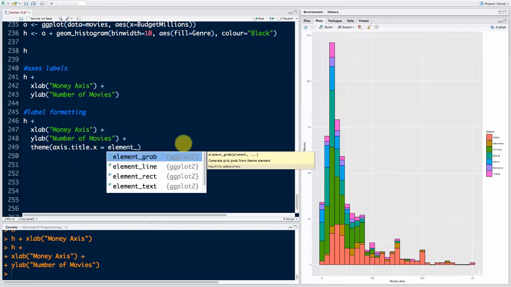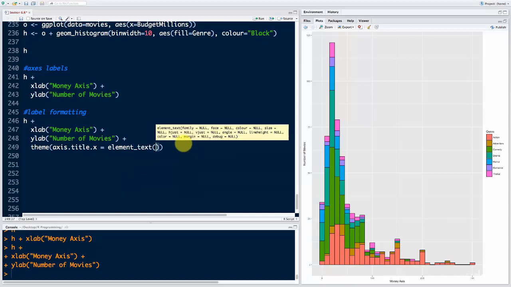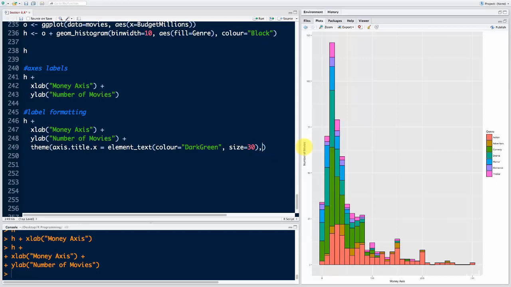This is the part that you have to remember. Element text, and here's going to be color equals, we're going to say just dark green. So we're not mapping to anything, we're just setting it because it's just the color of the text, right? So color of the text is dark green, the size is going to be 30. And then I want to say comma,